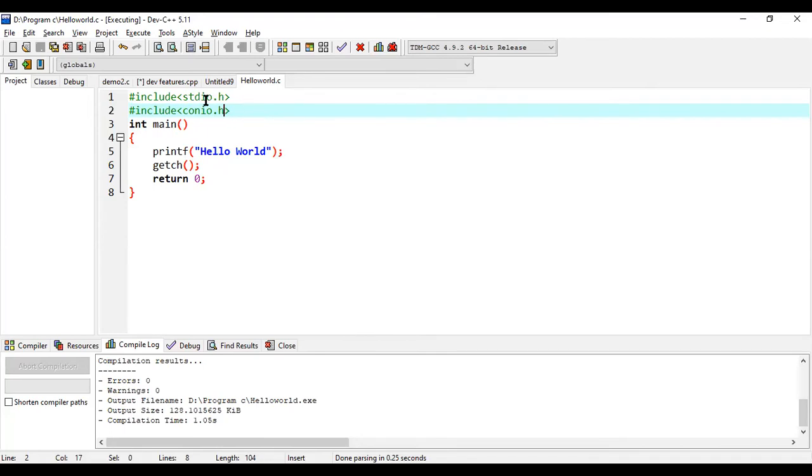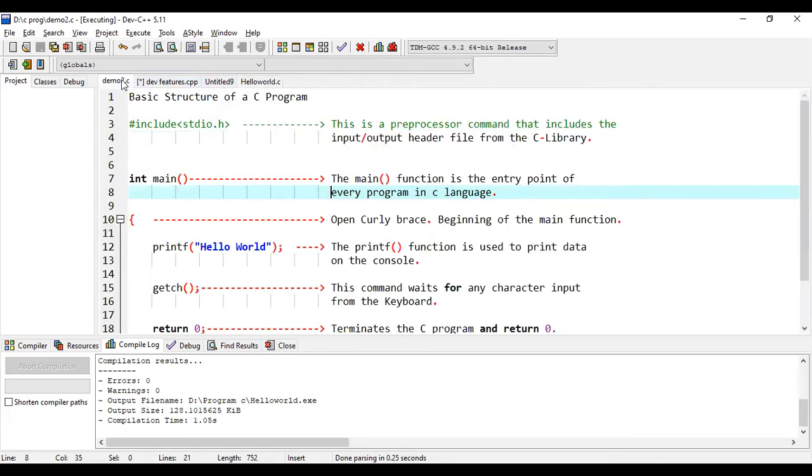So now we'll see the structure of the C program. Here the first line is hash include stdio.h. This is one of the header files. This is a preprocessor command that includes the input output header file from the C library.